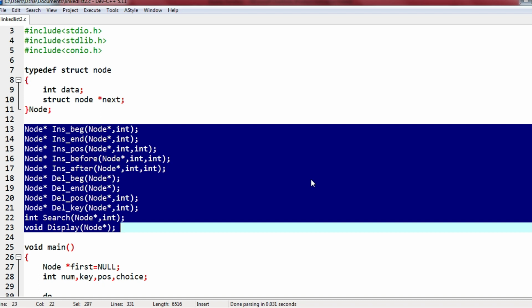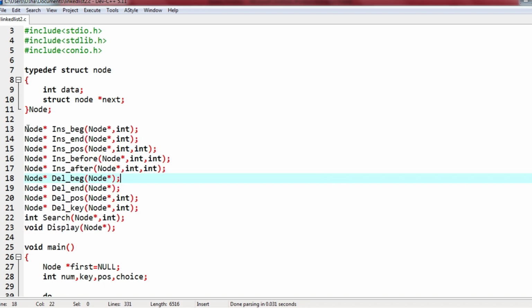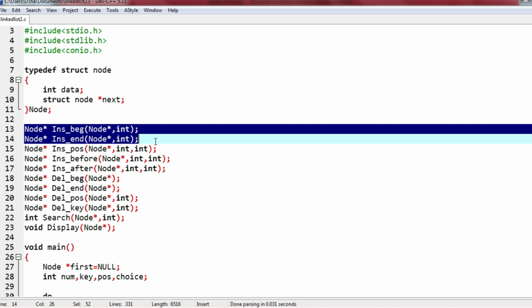So all this we have done one by one, right? Stub is required to execute our program. If the stubs are not there, we will not be able to execute the program. When I write definitions for these two functions only, I will not be able to execute the program unless I have code for all the functions.